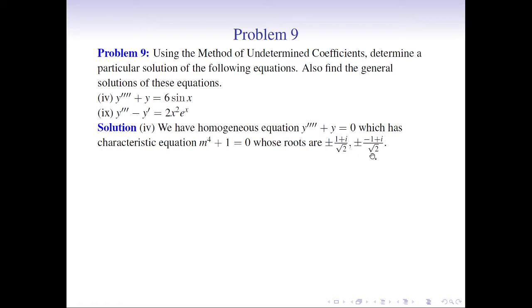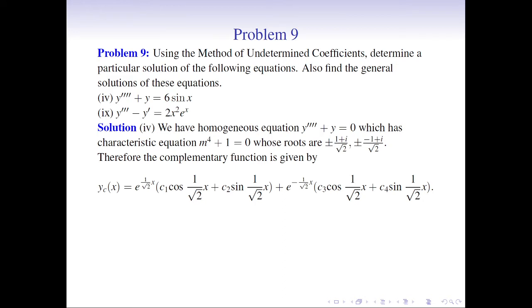So whenever we have complex roots, this is the rule: if at all we have a plus minus bi as the complex root of the characteristic equation of some corresponding homogeneous differential equation, then the complementary function turns out to be the following. We have the roots to be a plus minus b iota. So the solution is e raised to ax times c1 cos bx plus c2 sin bx.